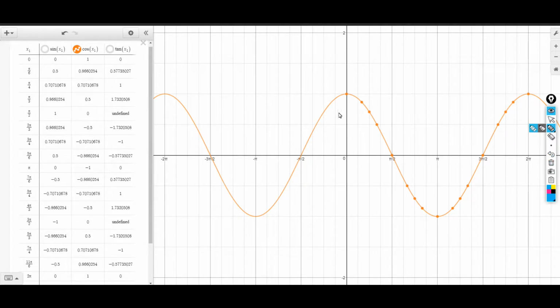So from 0 to 2 pi, that's a repeat of negative 2 pi to 0, and so on and so forth. So for sine and cosine, we have a repeat of 2 pi, a repeat of 2 pi, but then for tangent,